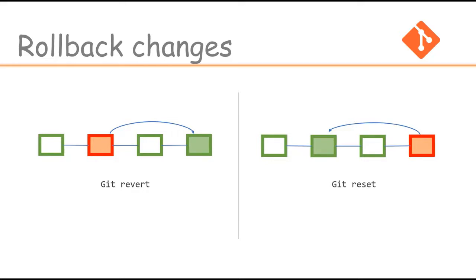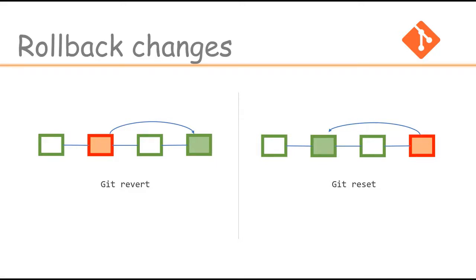So in that case, there are two commands in Git which you can use to roll back your changes. git revert is one command which you can use. Basically, the git revert command will add one new commit using the commit which you want to roll back to. And the git reset command will directly move your head pointer to that commit. So all the commits which are done after your target commit will be gone. So the commit history will be gone over here. And in this, the new commit will be added ahead of head.